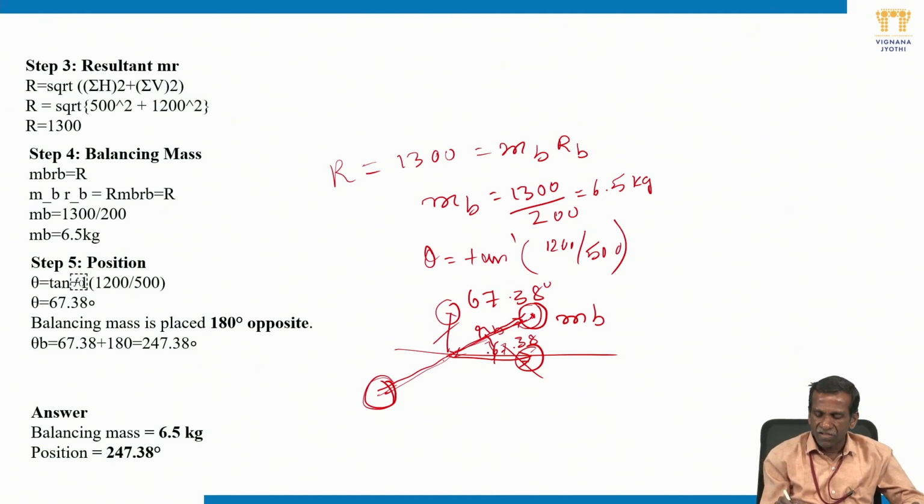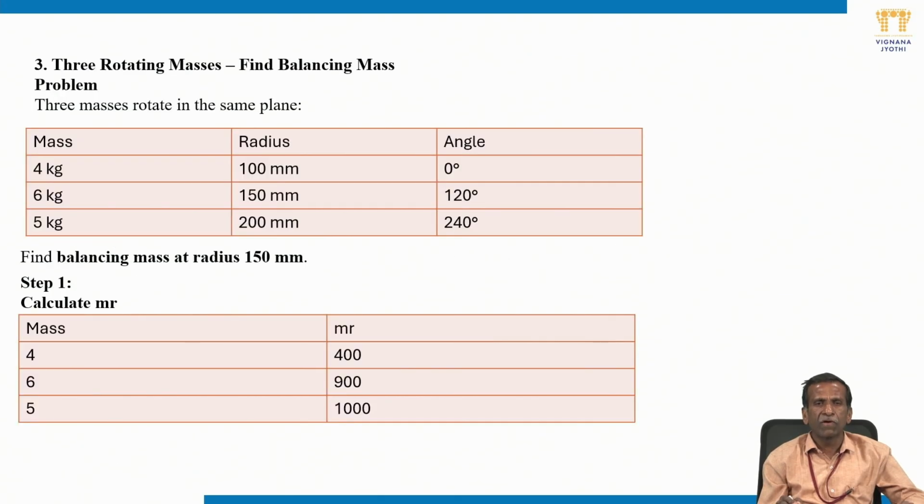I think, okay, this is the resultant only. You need to understand this is the resultant of these two, so the balancing mass needs to be in the opposite direction. Then only it is balanced. Are you able to understand or not? Okay, so then if we go for 3 rotating masses, the same procedure you need to apply,